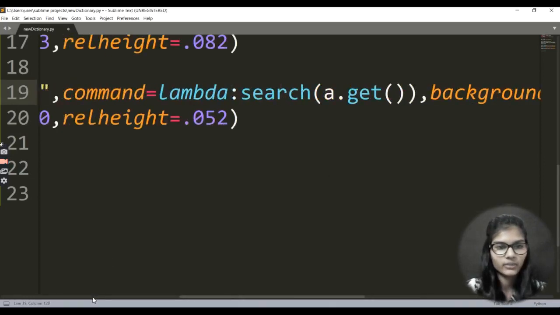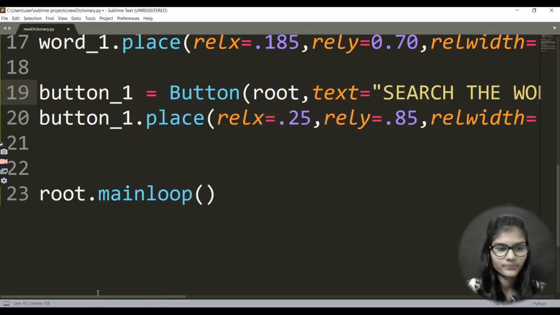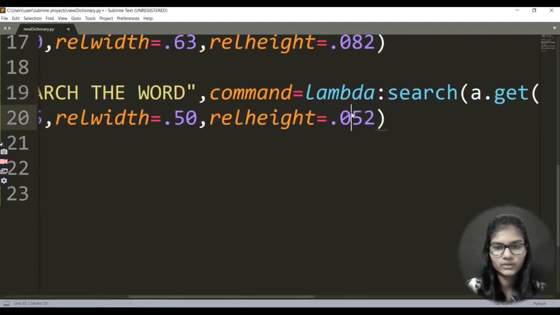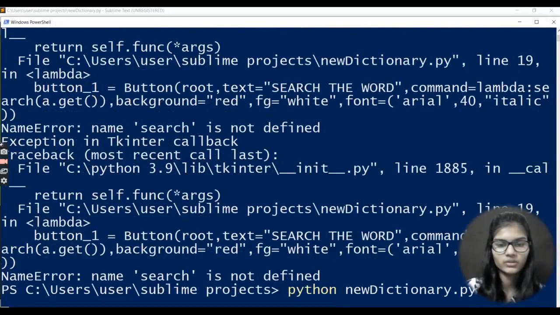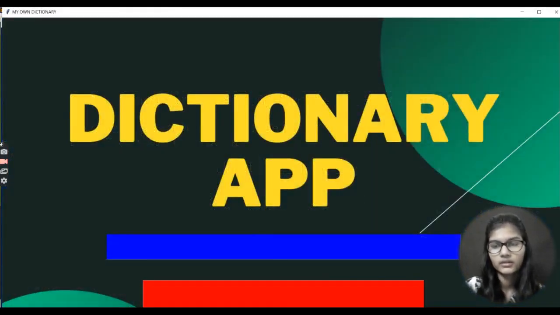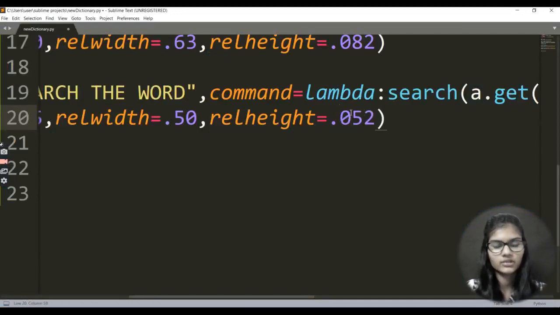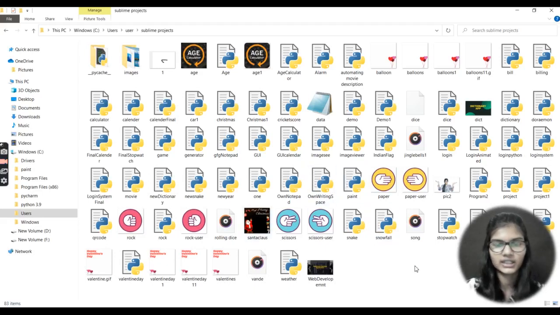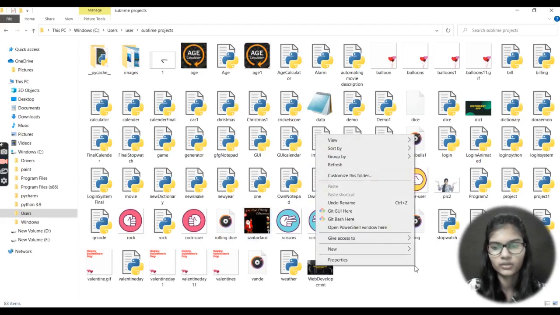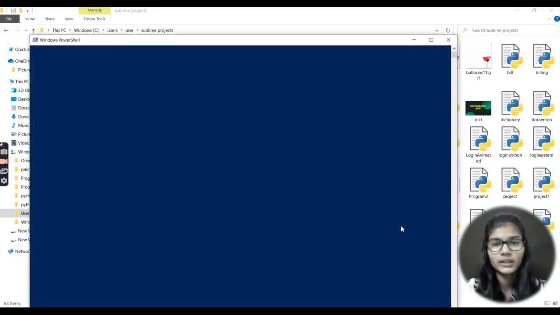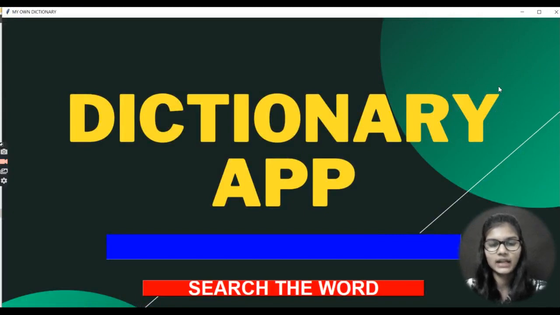So bold is done, and I will write 0 here. Just one second, I will remove the 0 from here. That is Control plus S once again, and I'll go to the PowerShell window and run it right here. It is 0. Fine, Control plus S once again. I had closed that, so let me quickly open it from here. This is the window, and here goes the shift plus right click, and basically it comes up like this.